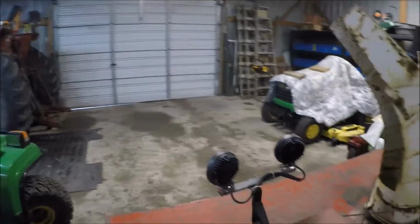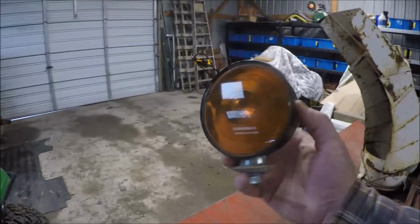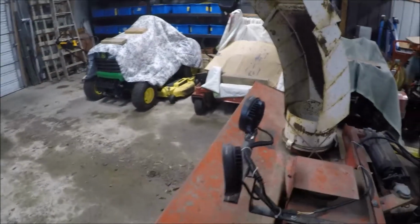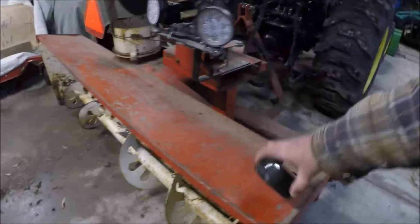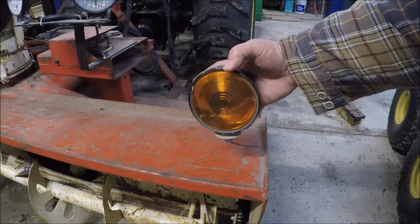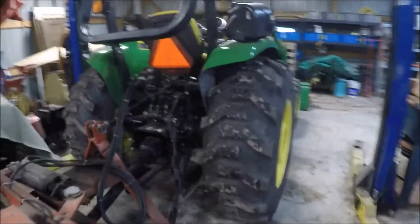So I'm thinking about, I've got these hazard lights that I've gotten from, oh good God, who knows where. I've got, I think, 4 or 5 of them, 6 of them. I'm debating about redoing this maybe for next year, and mounting these so they are on a deal right about here, and put the light to the inside of them,